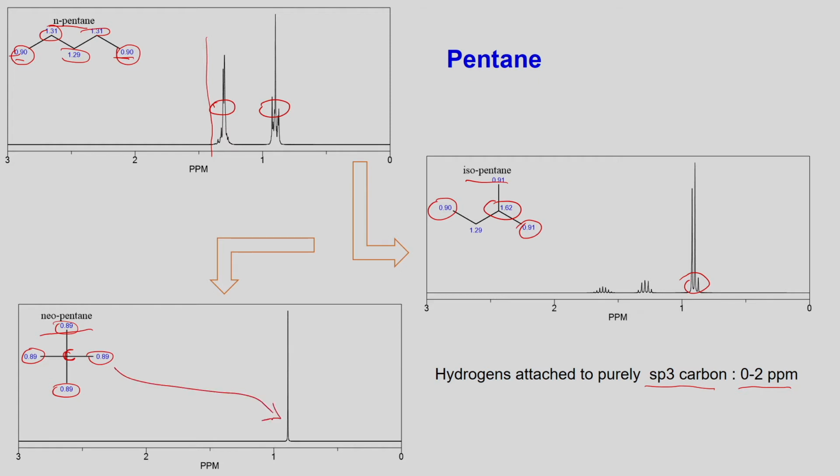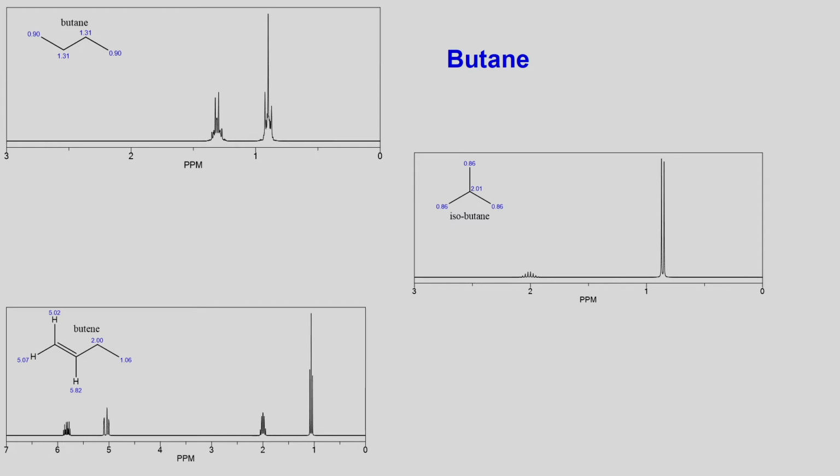Because of this equivalence they are shielded heavily, and this is the reason it is showing less than 1. In the case of butane, these 2 are equivalent protons and these 2 are again equivalent protons. When you have isobutane, this particular hydrogen atom linked to this carbon atom has a higher shift, implying it is deshielded to a certain extent, because the hydrogen atom is connected to a carbon atom that is connected to carbon atoms in its neighborhood. So, it is somewhat showing in this area.